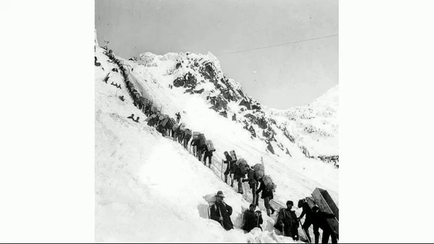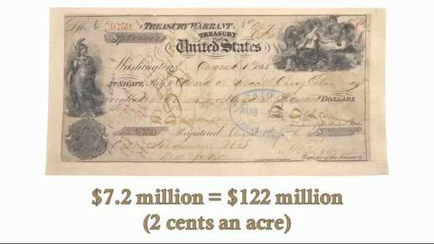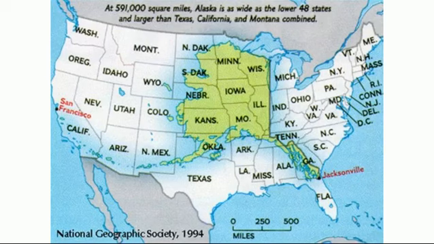But regardless, he buys it for the best sale in American history at $7.2 million, at 2 cents an acre. That is better than when we bought the Louisiana Purchase. However, Louisiana Purchase everybody was stoked about, and how did everybody feel about Alaska? It's total, we just bought a giant block of ice, which is why you get those awesome, funny cartoons of it. They called it Seward's Folly or Icebox, which I would star that term, because that's a really great outside evidence point that you can bring in. And basically, it was this whole thing about how much of a joke it was. You bought a giant ice block.